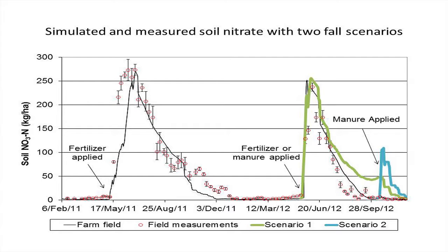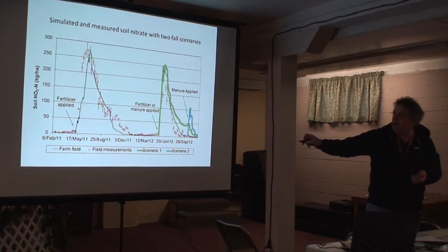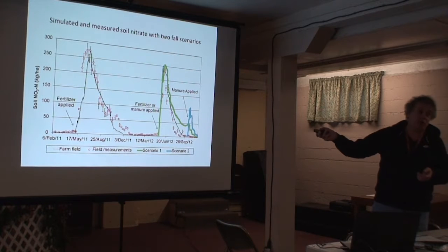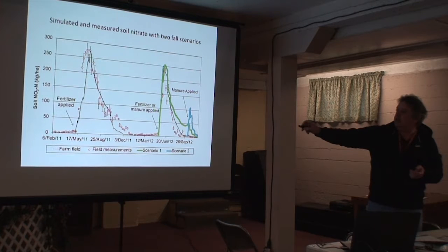So this is a farm, this is Mike Dykson's place, just across the border at Sumas there. So we measured in the field extensively what was going on in his field through the year. And if you're wondering how the model predicts what's going on, that's what all these little red circles are, is our soil tests. We were sampling weekly. Sometimes if the manure fertilizer was just applied, we'd sample twice a week, run that sample through the lab, and these are the types of numbers we're getting calculated from the ppm soil test of nitrate,